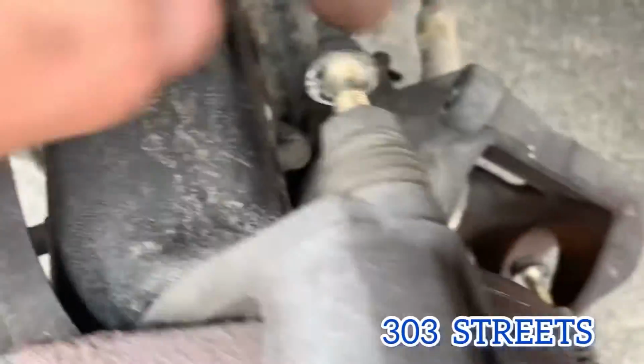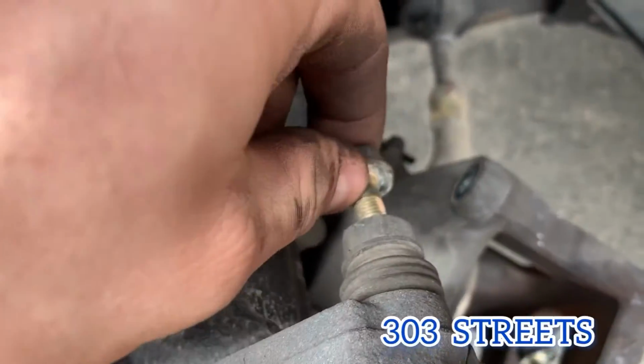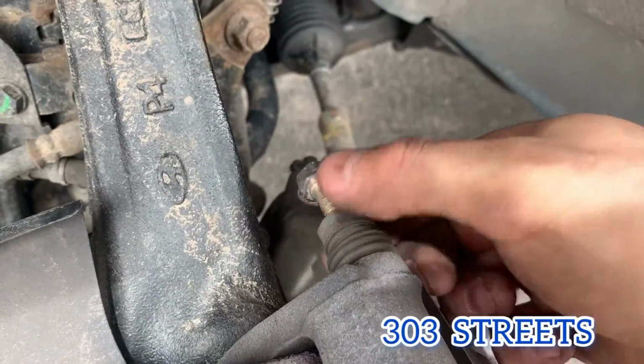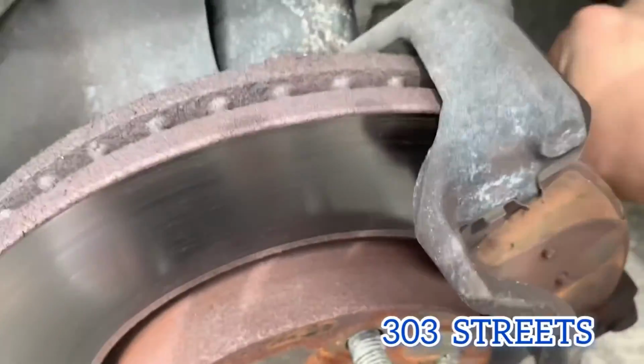And you need the wrench because while you're taking off the bolts that hold in the caliper, you're gonna have to hold this because these both rotate, and I'll show you really quick. See how they're both rotating? So use the socket to take off the bolts. There's the top, there's the bottom,